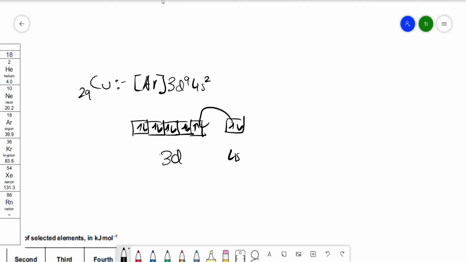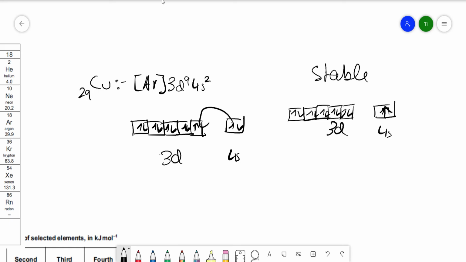So to make this its most stable form, an electron goes from here to here, and this is the actual electronic configuration of copper. This is the most stable form. So there's 3d, and this is 4s. That's an arrow, pardon the bad drawing. This is fully filled, this is half filled, whereas before there was an irregularity. So this is the more stable state. And therefore, the actual electronic configuration of copper is 3d10,